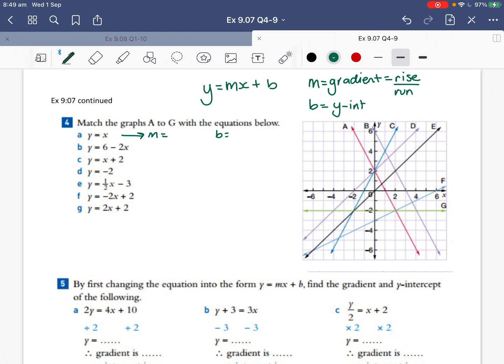So my gradient is the coefficient of x. My coefficient of x is 1. There's nothing there, so it means that it's 1, and for my y-intercept, there's nothing added or subtracted on, so my y-intercept is 0. So now I want to look at my graph, and to have a y-intercept of 0, it is at this point here,